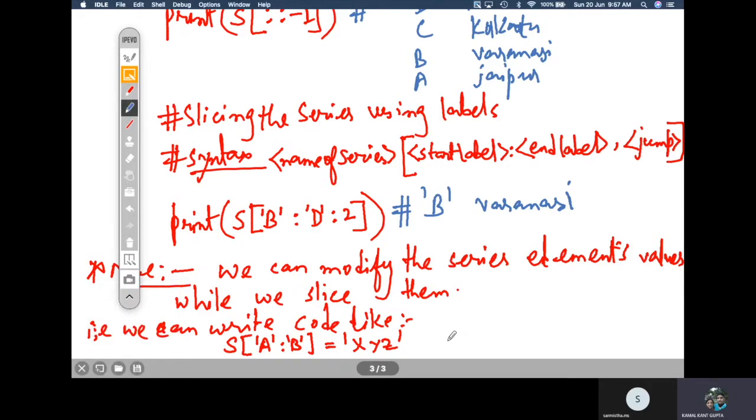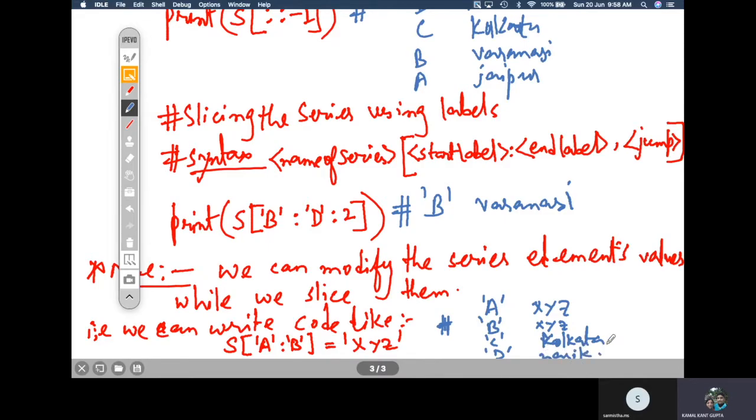So that modifies the series s. The label a will have the value xyz, and label b will have the value xyz, and c and d will remain the same as they were, that means Kolkata and Nasik.